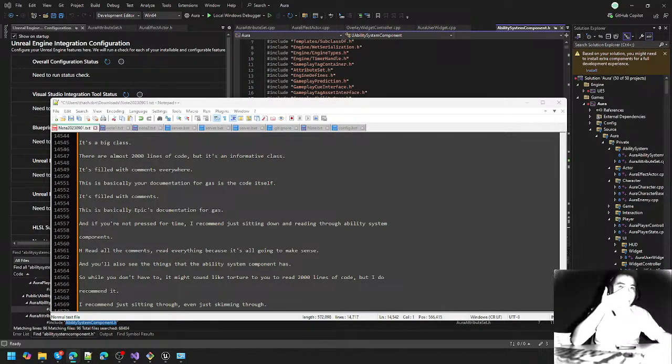And if you're not pressed for time, I recommend just sitting down and reading through AbilitySystemComponent.h. Read all the comments, read everything, because it's all going to make sense. And you'll also see the things that the Ability System Component has. So while you don't have to, it might sound like torture to you to read 2,000 lines of code, but